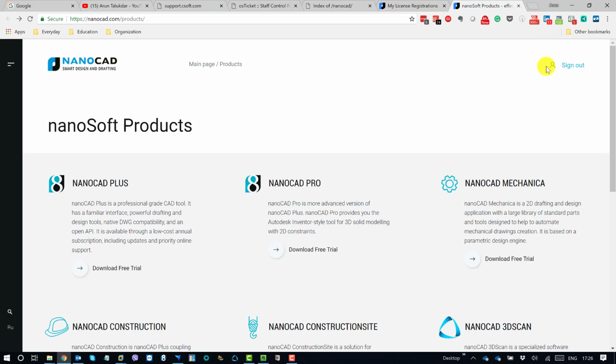If you have the credentials, that's your email ID, the one you provided during purchase, you can log in using that email ID, because the moment you request a trial serial number or buy NanoCAD products, the serial number will be assigned based on your